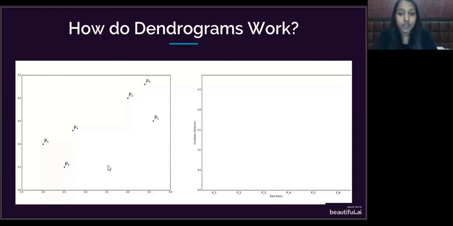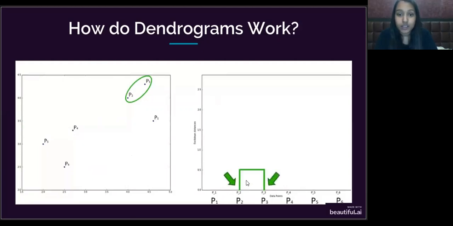Right now, every single one of these points is an individual cluster. Next, we are going to find the two closest points, which are these two, and put them into one cluster. Now, what we want to do on the dendrogram is somehow signify that these two were indeed the two closest points, because the dendrogram is kind of like the memory of the hierarchical algorithm, which is going to remember every single step that we are performing.